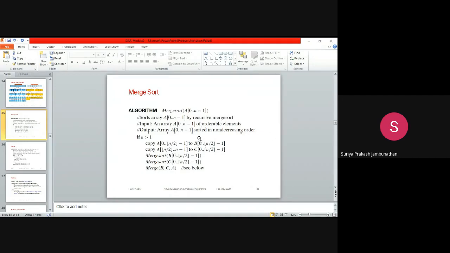Now let's see: sort array A of 0 until n minus 1 by recursive merge sort. So we have to use a recursive function and sort the array A of 0 to n minus 1, whatever the array we get, with the use of recursive merge sort. Why are we using the word recursive? Because we have to do the operation again and again.